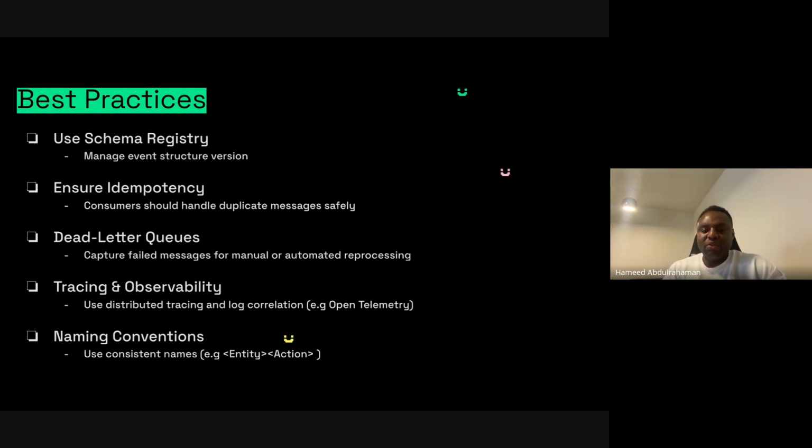Then we come to naming convention, which is a very, very big fight between developers. Yeah, I want to name this this way. You have to have a standard of naming which is consistent across the system. A very prominent way is to have the entity and the action, like order placed. The order is the entity, so the order is the service itself, and the action is placed, meaning you're placing this order. It's a very good convention to name things consistently across your application, so you have a way of understanding what the event is.